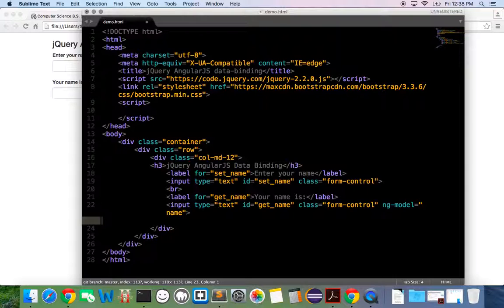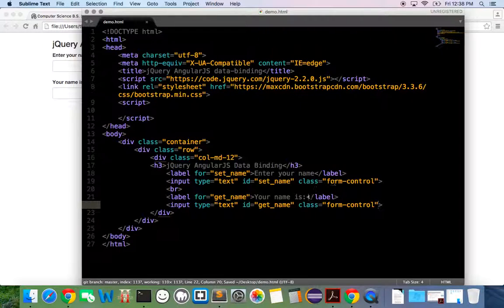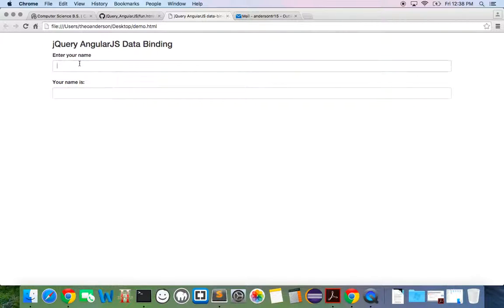So I was experimenting around yesterday, and if you don't have a background with AngularJS, that's okay. I'm still learning it myself. But what I want to do is use jQuery, which I've talked about in another one of my videos, a popular JavaScript library that allows you to manipulate elements of the DOM a lot more easily. And we're going to use jQuery to sort of implement an AngularJS data binding feature. So when I type in my name here, I want to see it pop out. If I type in Theo here, I want to see Theo right here. And maybe at the end we'll even do it so it's two-way functional. But the main goal is to get it so I can type in T and I should see a T